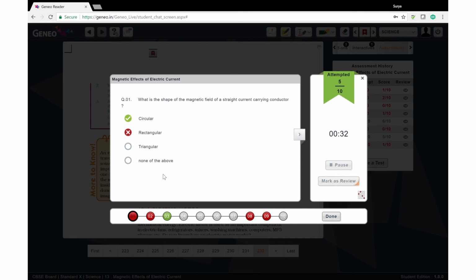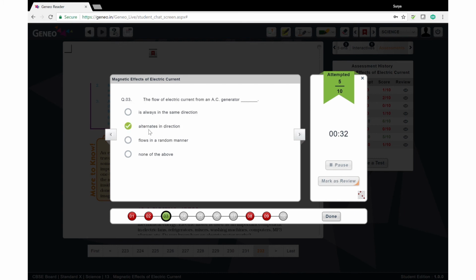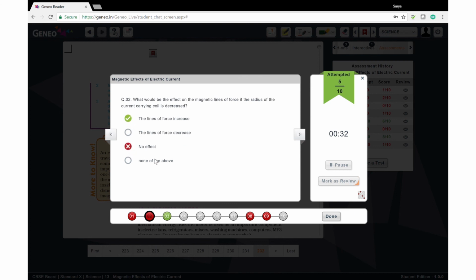I can now look at my solutions, and again it tells me where the grey ones tell me that these are questions that I did not attempt. The green ones tell me the ones that I got correct, and the red ones tell me the ones that I got incorrect by showing me the incorrect